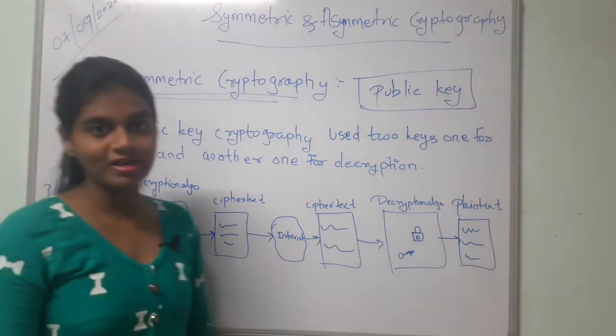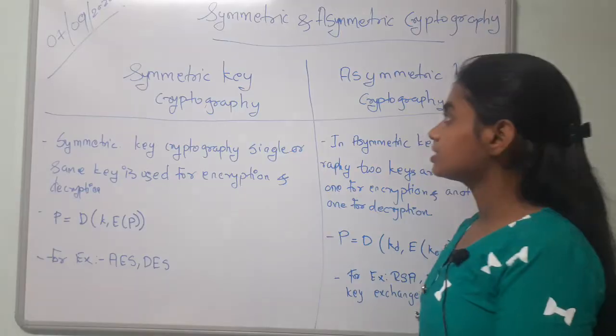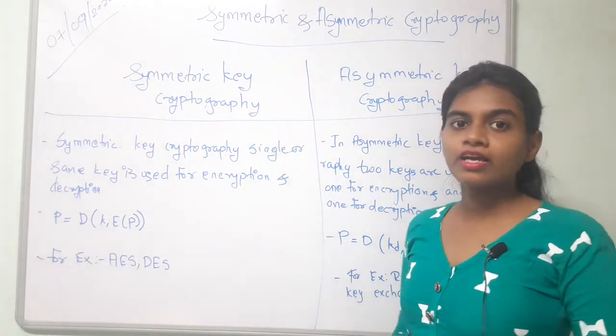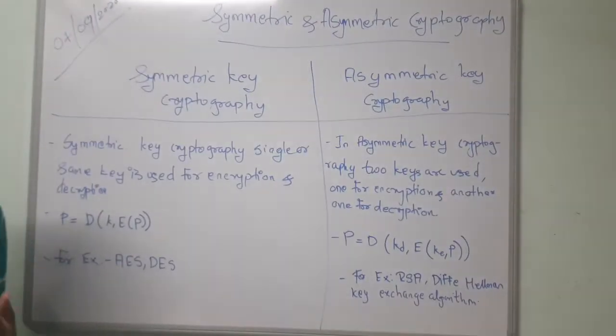Now let's start with the difference, so you understand the overall pattern and the purpose of this. This is the difference between symmetric cryptography and asymmetric cryptography. So let's start with it. What's written on the board?